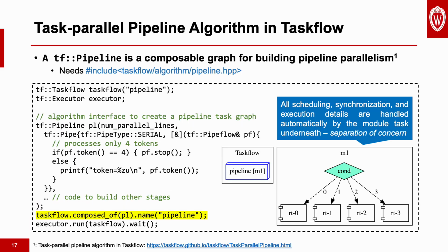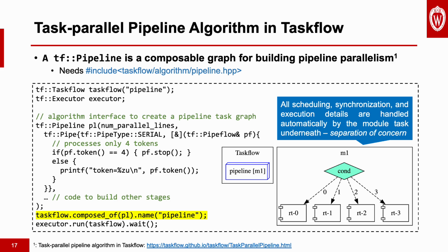You can build a task parallel pipeline in Taskflow using tf::Pipeline, which is a composable graph for implementing pipeline parallelism. Here, what you need to write is really just the algorithm interface. You describe how many parallel lines you want, and then you define each pipeline stage using the pipe object. For example, in the first stage, we process tokens one by one, and we stop after 4 tokens have been